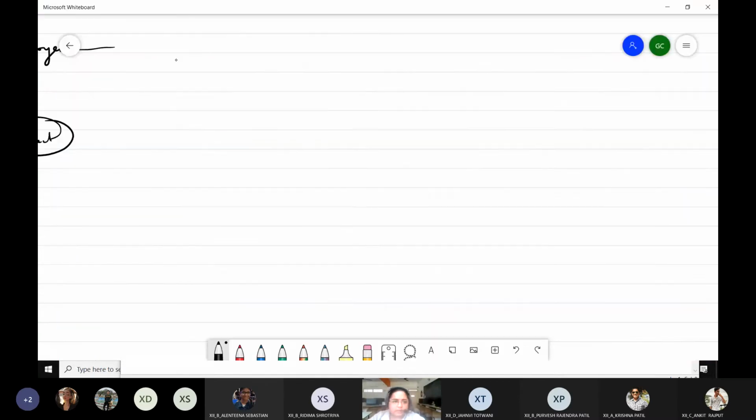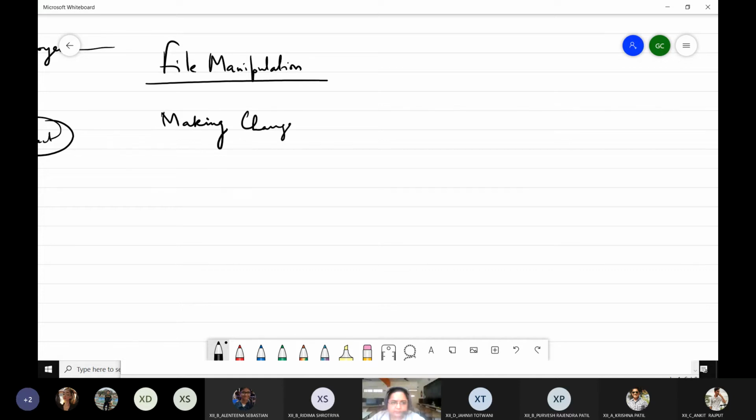So what is file manipulation? That is working on files, okay, making changes in the file. What changes can you make in a file? Can anybody tell me?